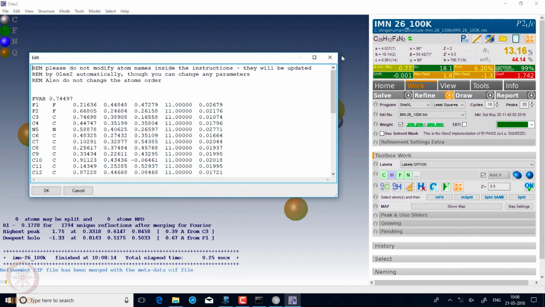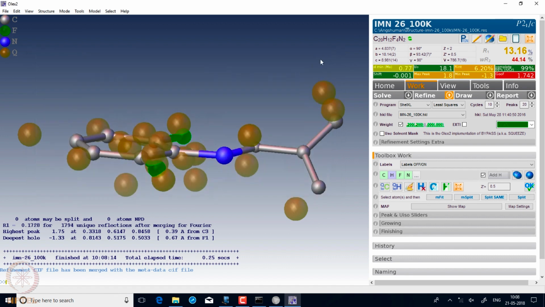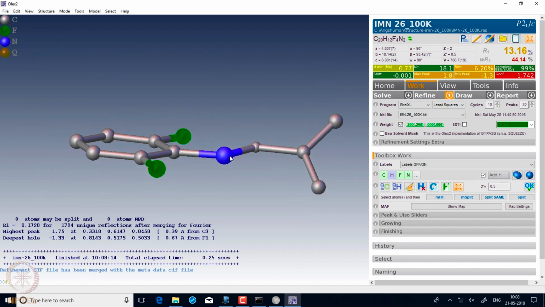And what we see is that some electron density has got generated about that carbon. If we look at the corresponding thermal parameters, you see here the thermal parameter of this carbon has gone low, 0.010, compared to the other carbon, which is 0.017, and then this N5 has a thermal parameter very close to the thermal parameter of fluorine, which is much heavier than nitrogen. So there is some problem. So if we change it back, make this carbon, change back that as nitrogen, and then refine,